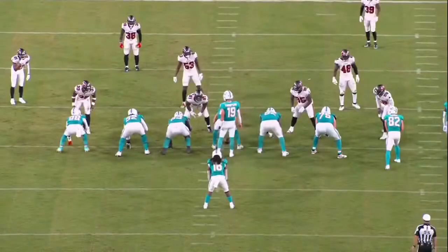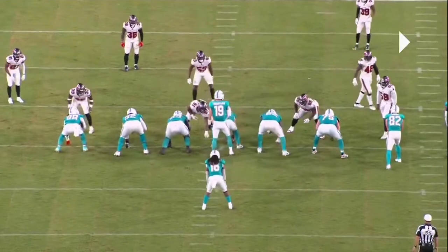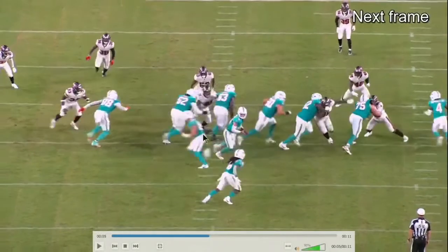And then I told you earlier in the video that we were going to see a play that was kind of the opposite of what we saw from Matt Jones and Jack Driscoll earlier in terms of backside blocking on these zone plays. This is also a play that we already reviewed as a good one for Jack Driscoll. But this time I want you to really pay attention to Patrick Paul on the backside here. And as you can see,